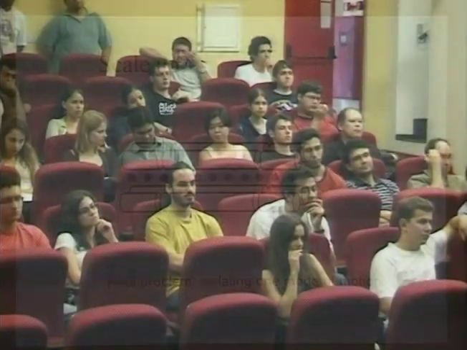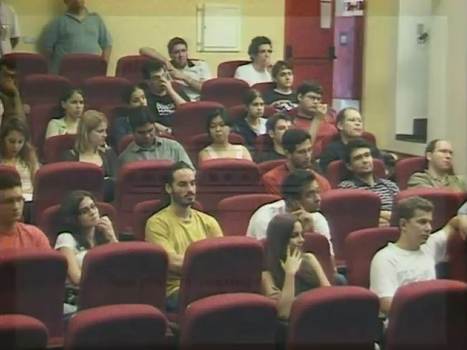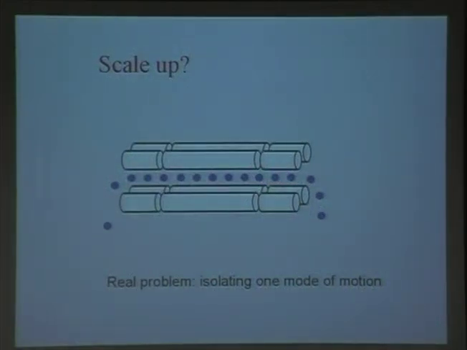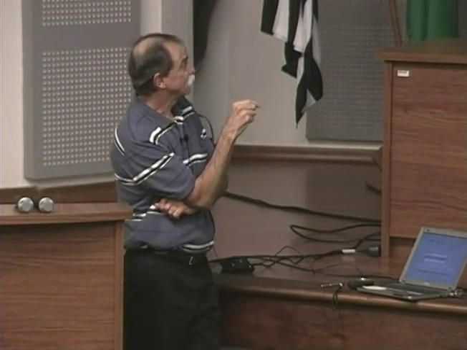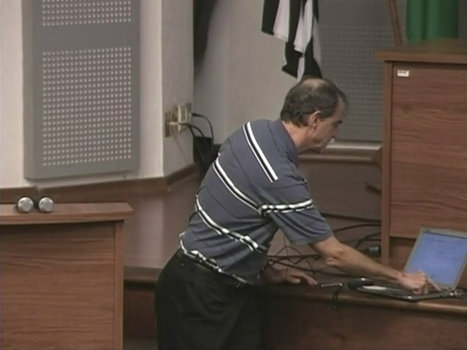So I've said that using this scheme of Cirac and Zoller, we can start to implement these basic gates. And so what we want to think about now is how we might scale this system up. In these trapping structures, although my cartoon doesn't indicate it here, we can actually store up to millions of ions, and we can crystallize them into this pseudo-molecular state. The real problem is that I've explained the gate operation in terms of us being able to address one mode of motion that we isolate. And the way we isolate it is that all the modes of motion have different frequencies, and we can spectrally isolate the transition when we do these transitions